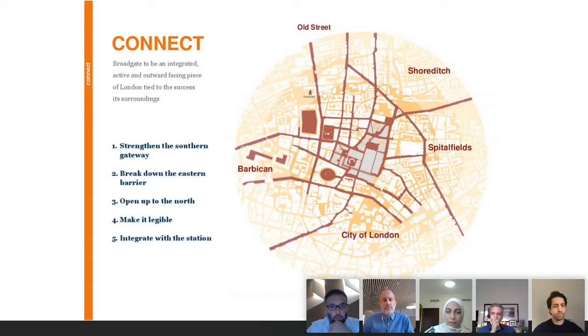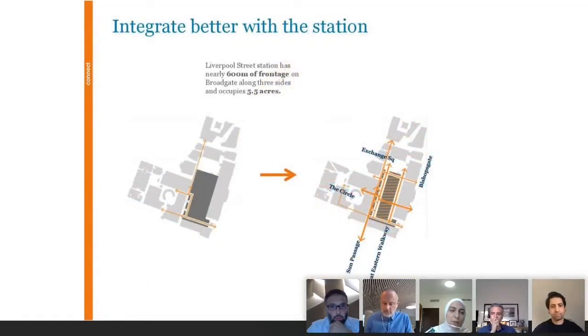the idea is to connect it from all the different sides. So if we take an example, right next to Broadgate is Liverpool Station. Originally, as you can see on the left-hand side, there's only really 2 ways to get from the station to Broadgate, and you couldn't walk through the station. So the station was a barrier. Whereas now there's multiple ways of getting to Broadgate, including through the station, and it becomes a lot more integrated. And this is one of the stations which the Crossrail, or the Elizabeth line, will go through. So they're expecting a lot more people to come through the station, which will eventually benefit